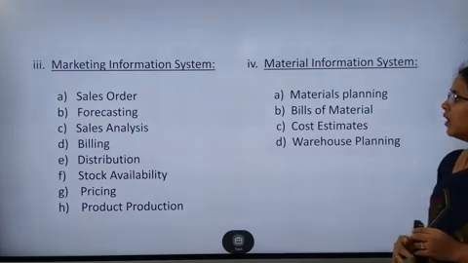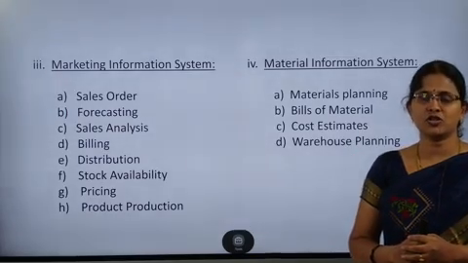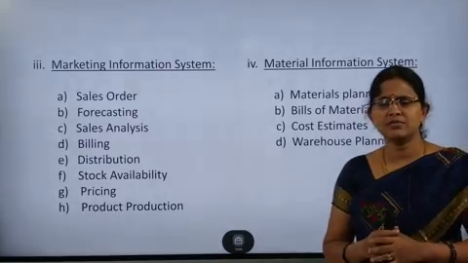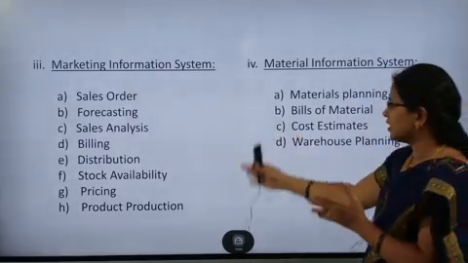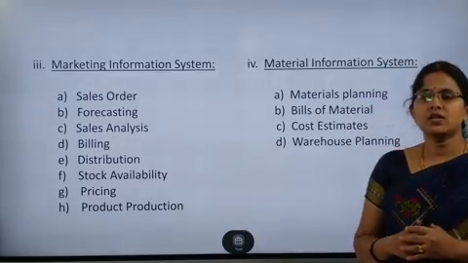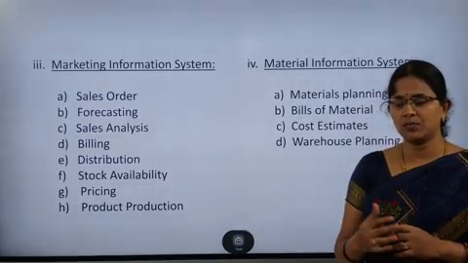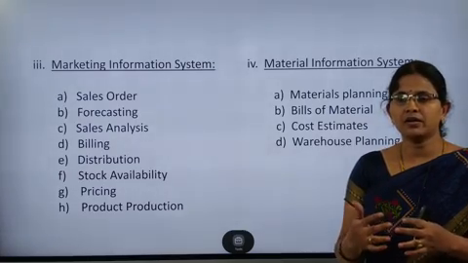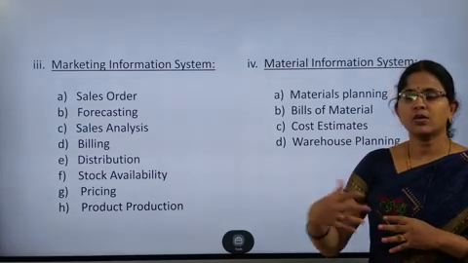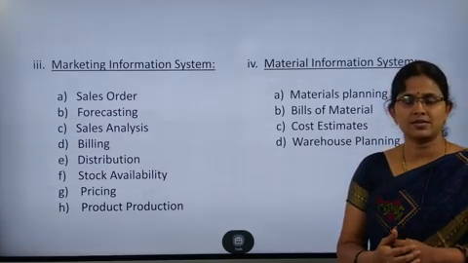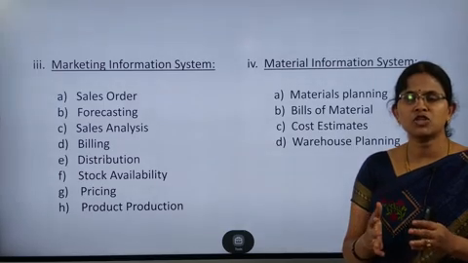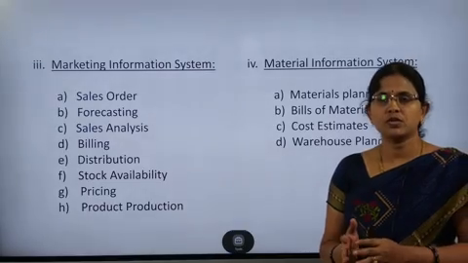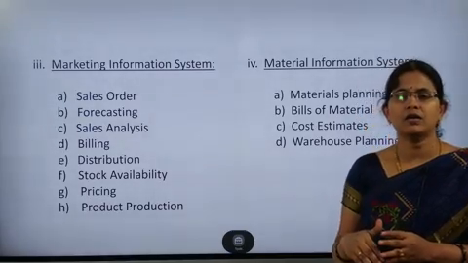And the third one, that is marketing information system. In this, the marketing information system generally provides all these facilities. Sales order. It means suppose, let's take I am running an organization. So I am providing 10 products. Okay. So one dealer or one wholesaler wants each product in a quantity of 100. In such a case, he will raise an